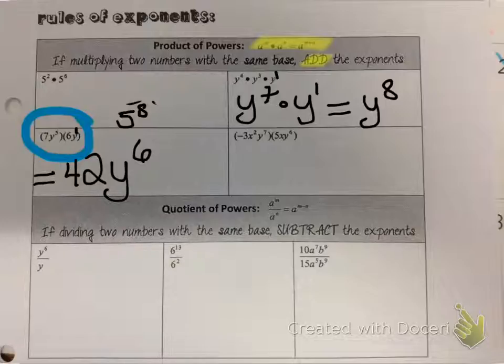We can do the same thing in the following example, but this time they're getting a little trickier because we have an x and a y. You can only combine variables that have the same base. Alright, so when I am looking at this, I first want to multiply my numbers, negative 15. Next I'm going to